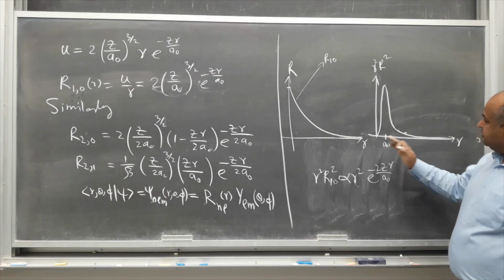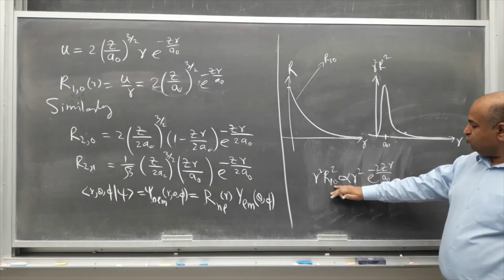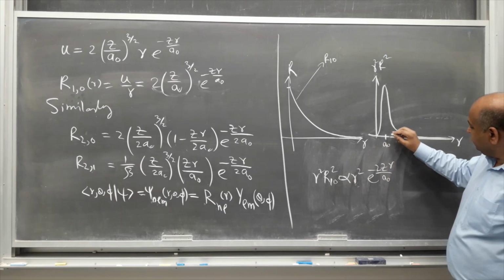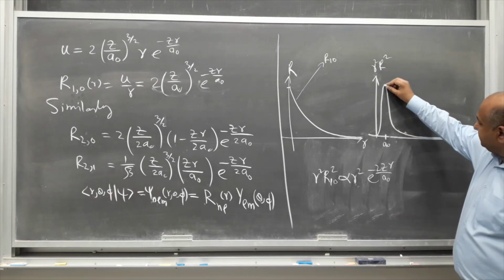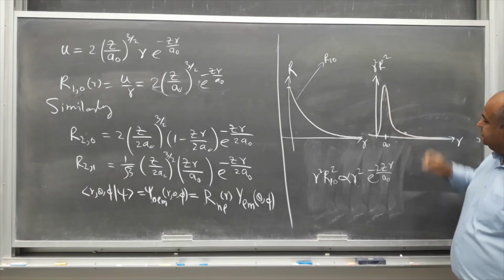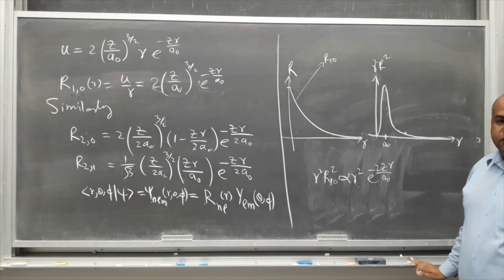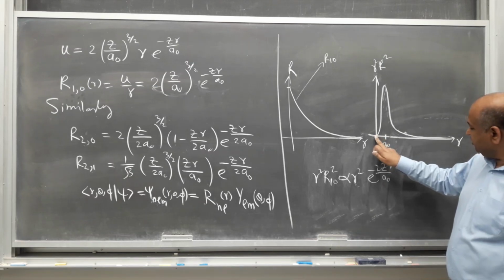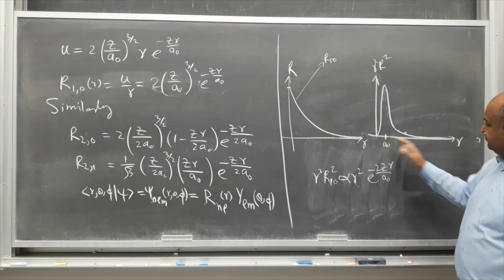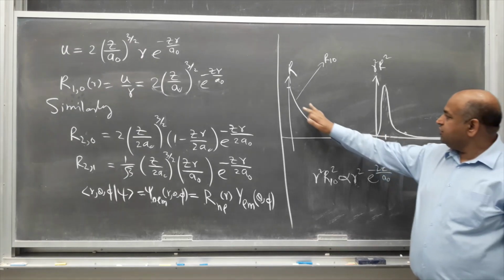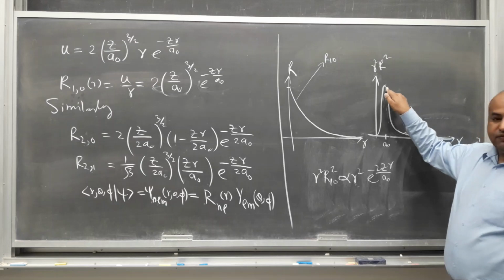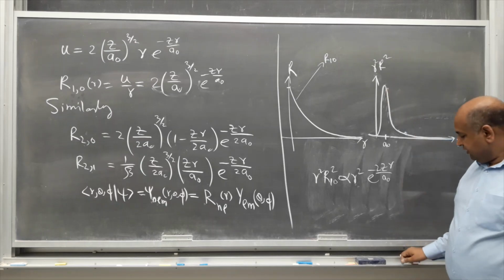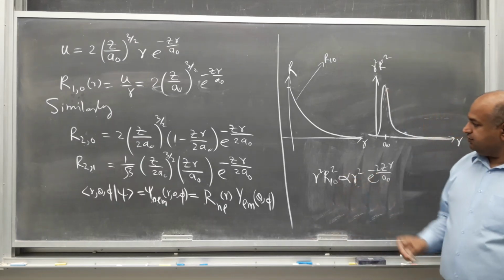So that's why in this n is equal to 1 state, the electron is most likely to be found at a radial distance of about 1 a0 from the nucleus. So because there is a peak probability density from the nucleus. So the nucleus is located at r is equal to 0, and this is the radial distance from the nucleus. So even though the radial function is peaking at the nucleus, the probability density is peaking away from the nucleus. Similarly, this R20 function